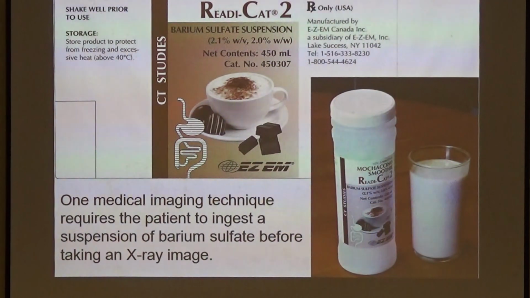However, if you want to take an image of, let's say, your stomach, there is nothing to stop the X-ray from just going through and therefore not producing any image. So this is why they make you drink something that contains